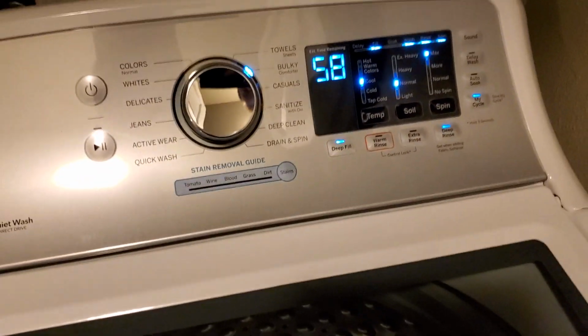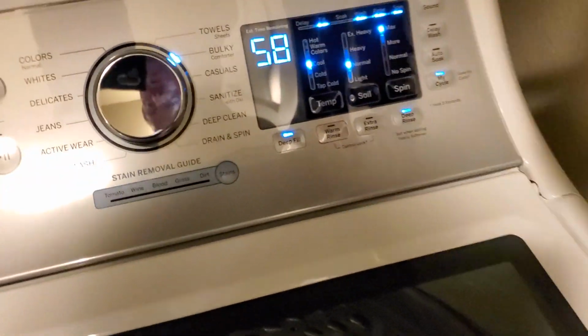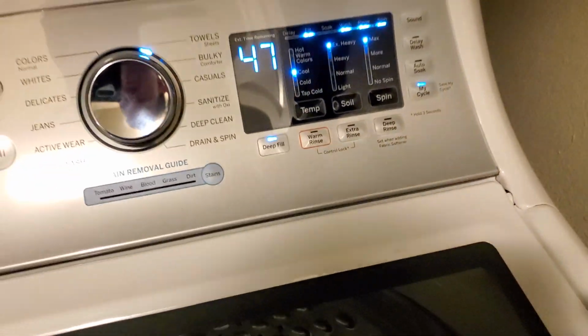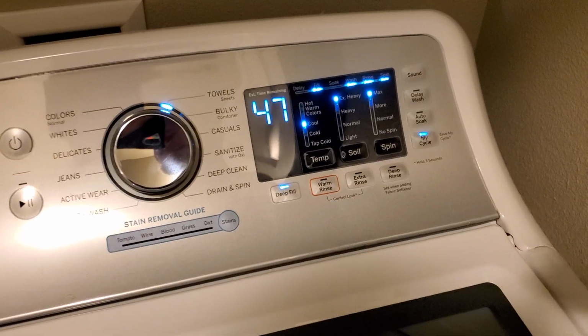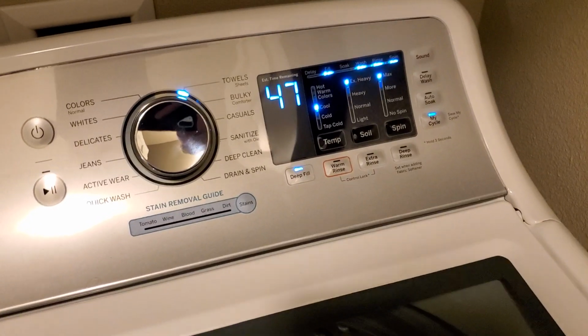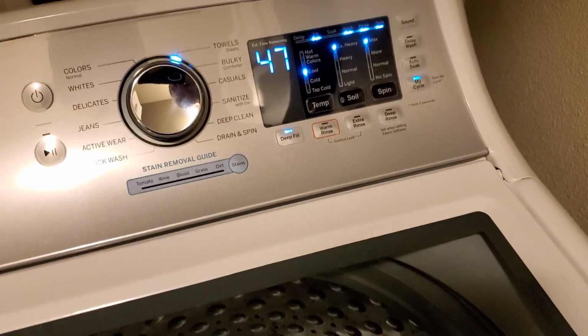My third dislike, it came back to me. My third dislike is the rinse without the deep rinse, which I can't do on bulky. So if I take deep rinse off, without the deep rinse, it's absolutely the worst rinse I've ever seen in a washer. The worst. It's not even a spray rinse. What GE